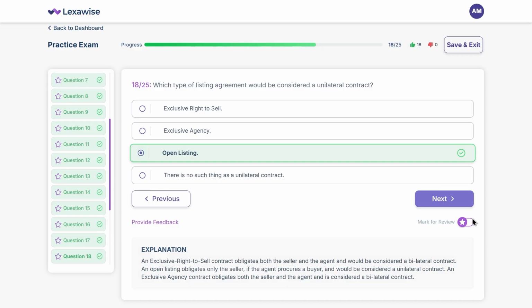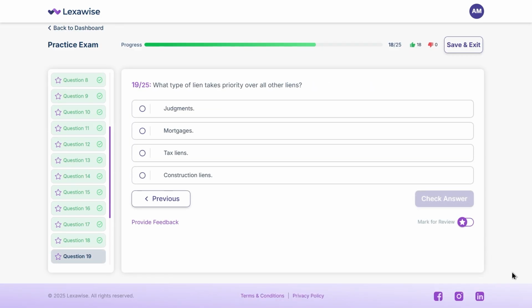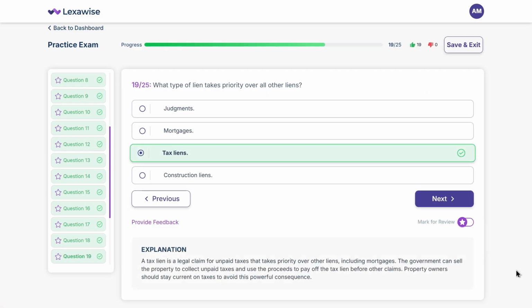Next question. What type of lien takes priority over all other liens? A. Judgments. B. Mortgages. C. Tax liens. D. Construction liens. What do you think? The correct answer is C. Tax liens. Tax liens have priority over all other claims, meaning the government gets paid first if the property is